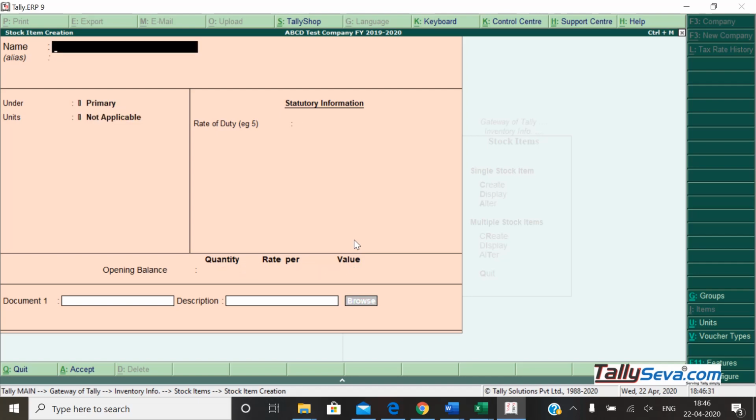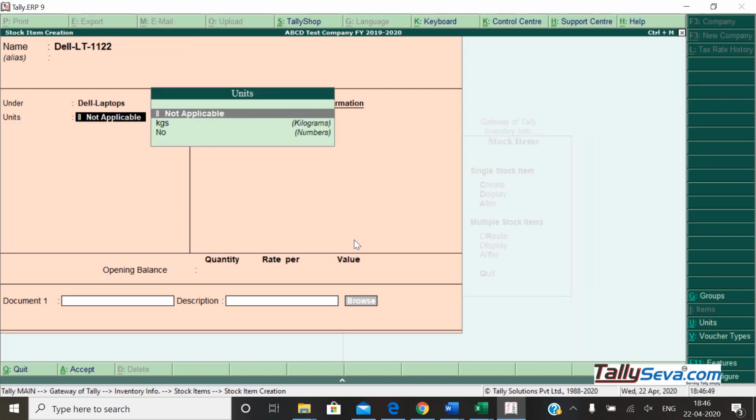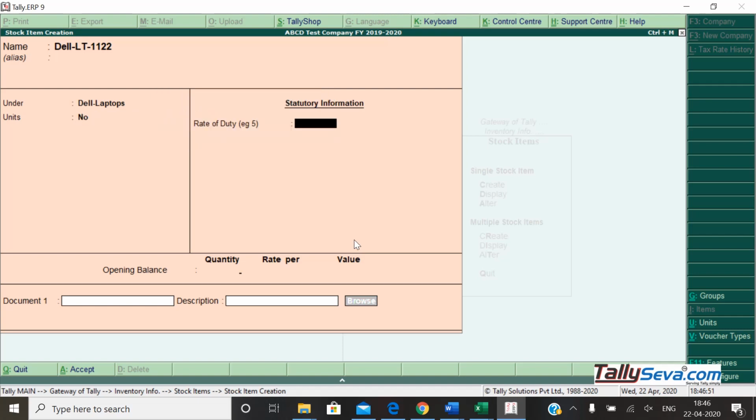We'll go to Dell laptops. Dell LT, double one, double two. Under Dell laptops, numbers, 20 numbers, 16,000 I'll consider.